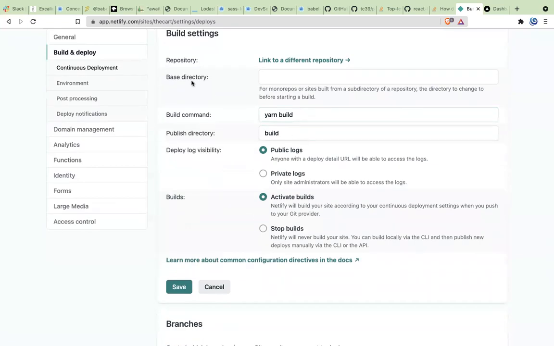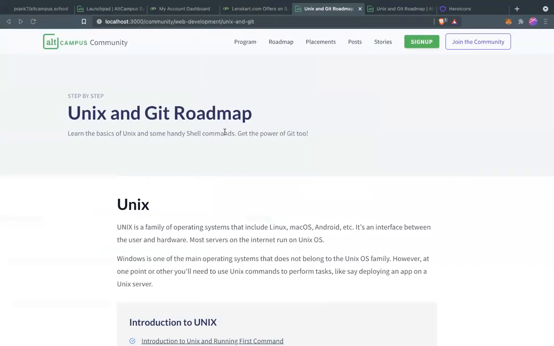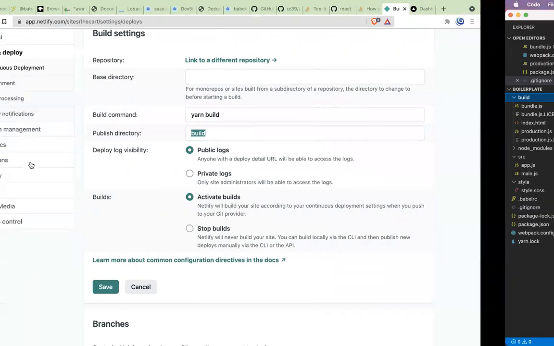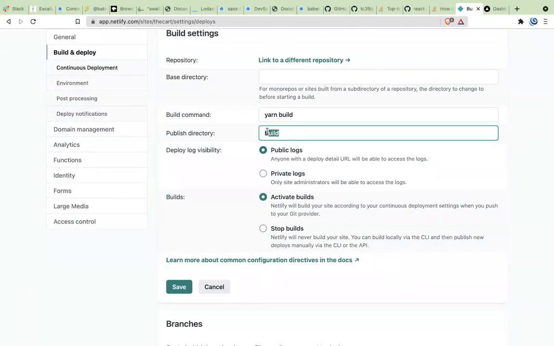It asks what the base directory is, and the publish directory. When we were working on it, build is our public directory, which has an index.html file and also some index.js file and everything. Similarly, which command you need to run to create this folder. This is the command you need to run to create this folder, and you just have to save it and deploy it. That's how simple it is.